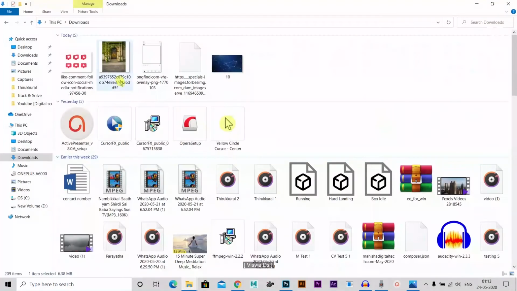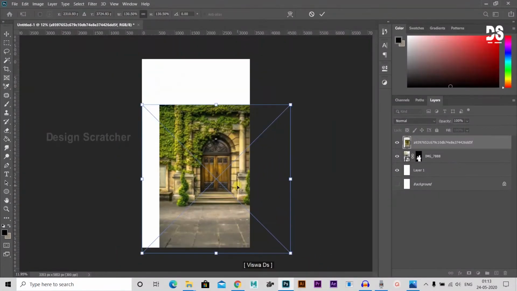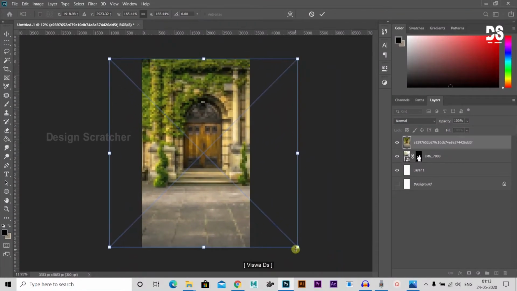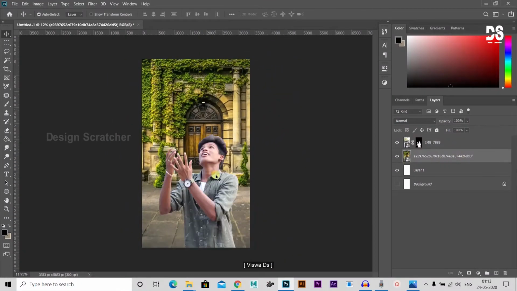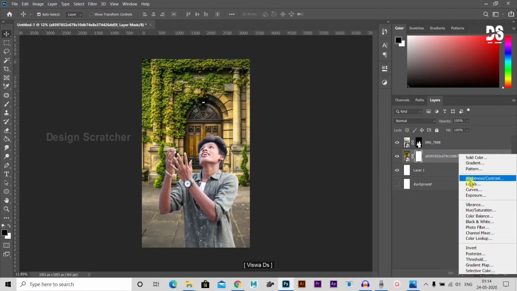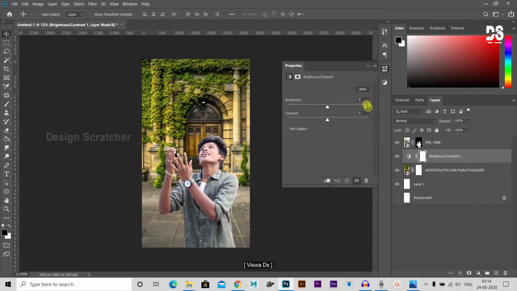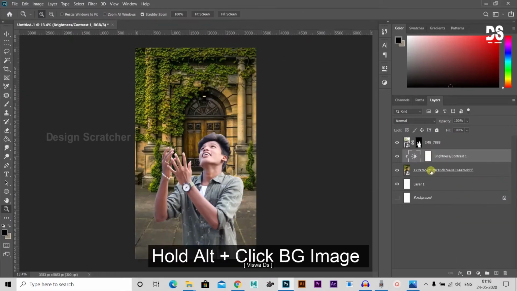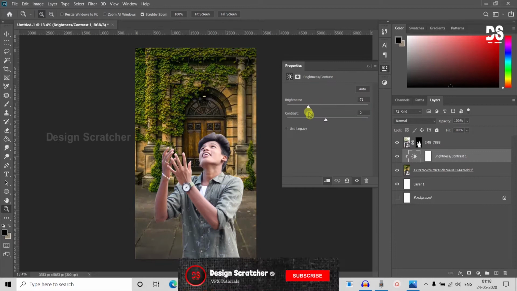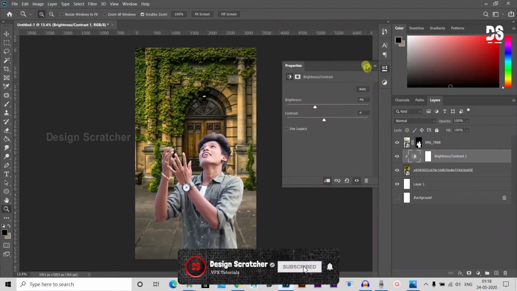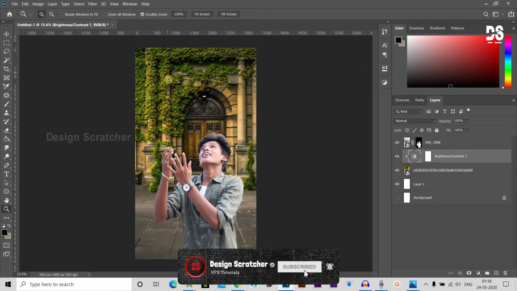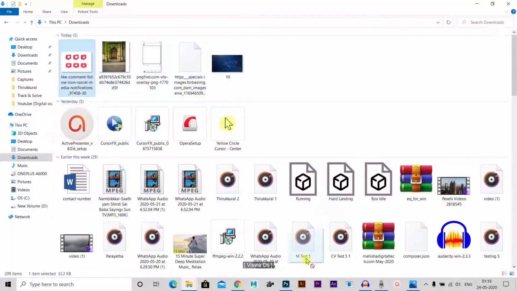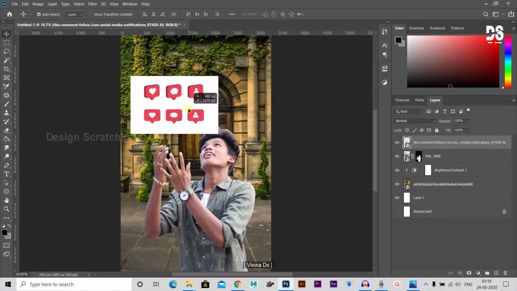Use black, rub it and mark it with the brush tool, not the eraser tool. It's a brush. On the background layer, go to that section. Then go back to that area, the boy's background. Then choose brightness and contrast for only that kind of area. Then for brightness and contrast, Alt and click so it's applied to the background only. Then go for the 3D effect for the follows.